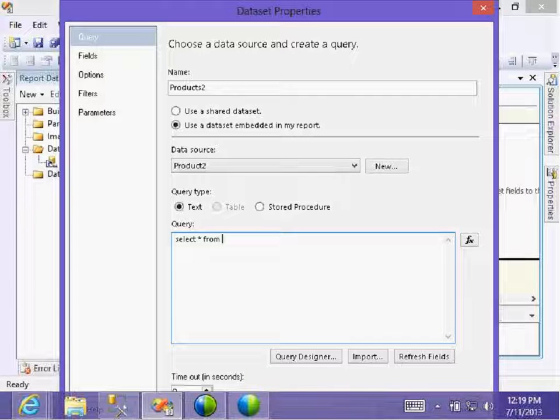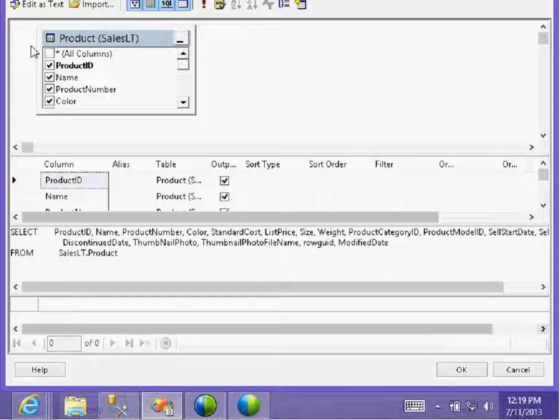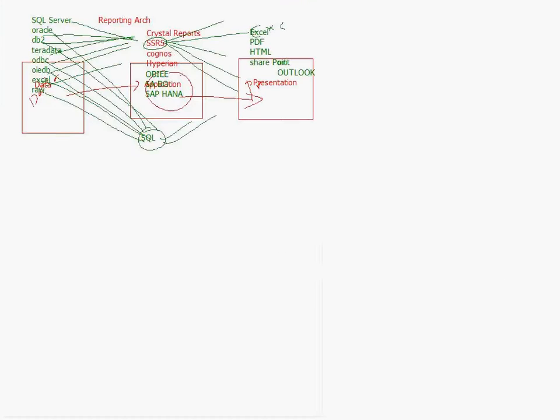Start dot product. I'll go to the designer. Make so.